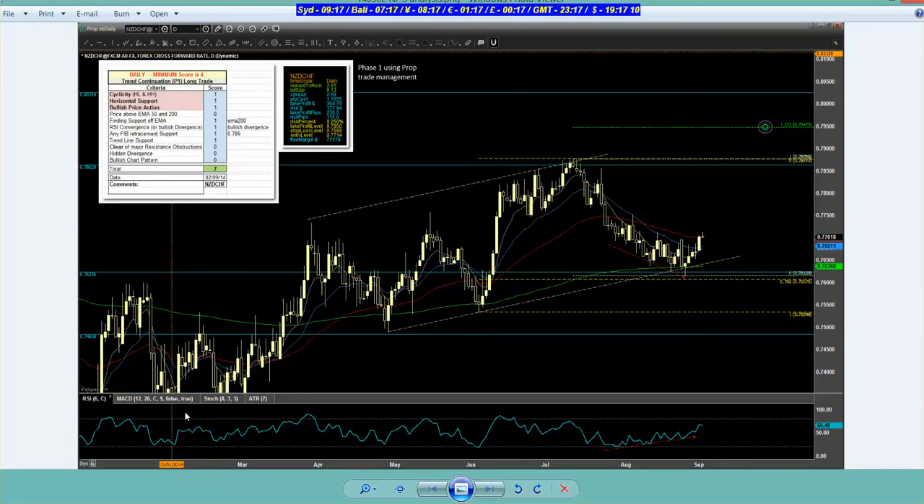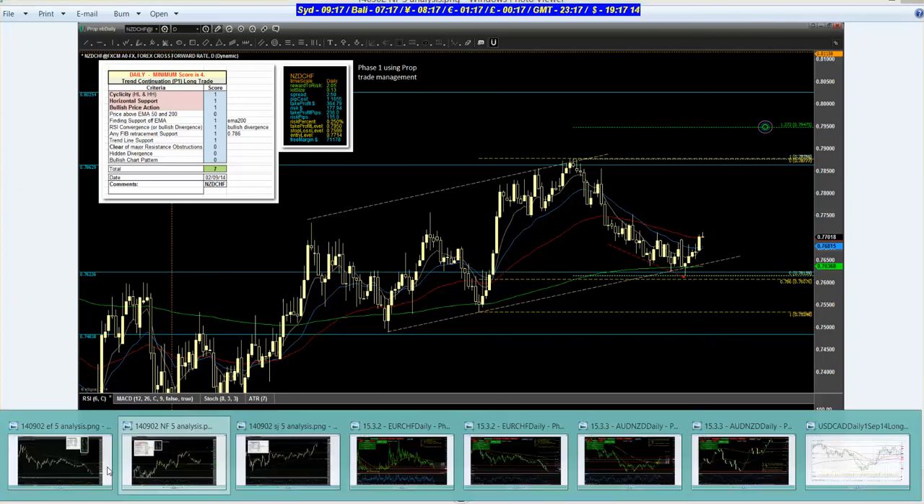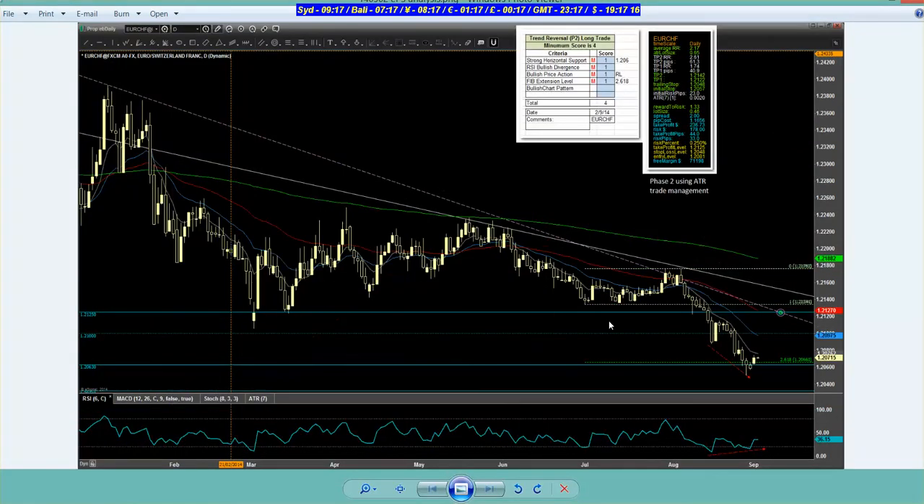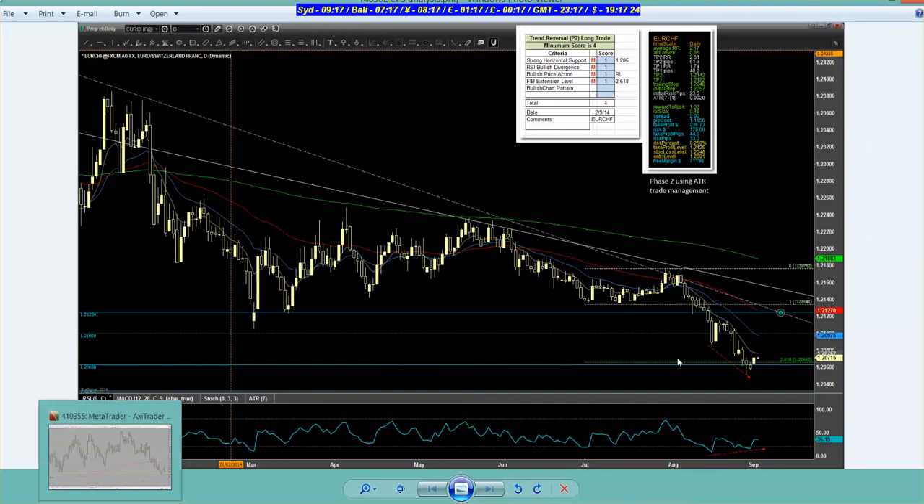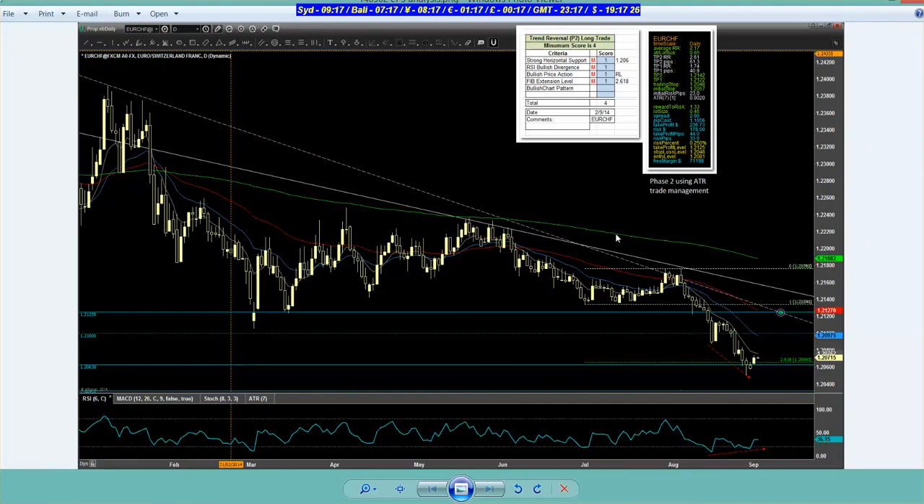This one, you're trading with the trend, which is good. This one you're trading against the momentum, which is obviously a lot riskier. But this one has that massive support at $1.20 that we all know about. Using ATR trade management, you have the divergence there. You've got Fibonacci support